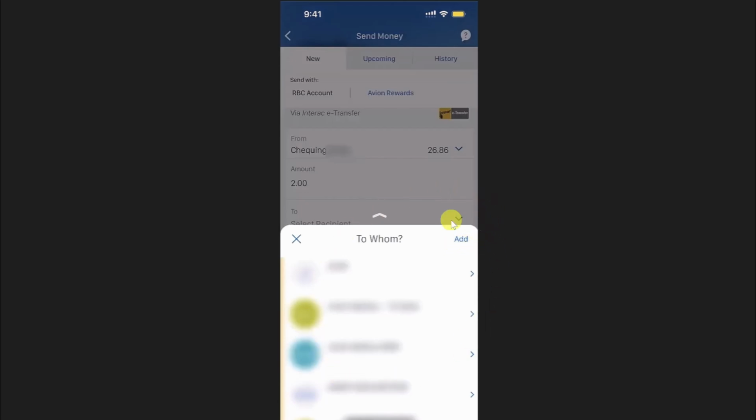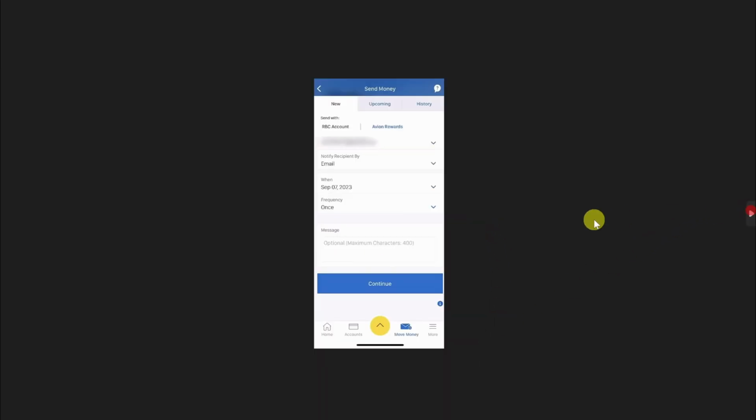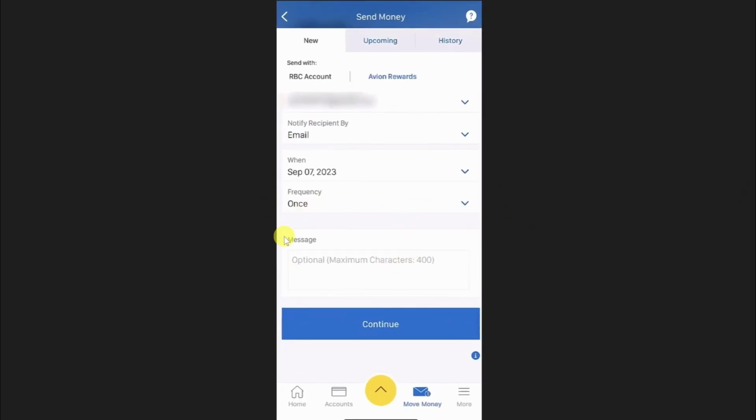And once you fill up all of this information, this will open this page where you can enter the message if you want, or you can notify them by email. And you can also enter the date when you want to transfer this money. And once you fill up all this information, simply click on this continue button,